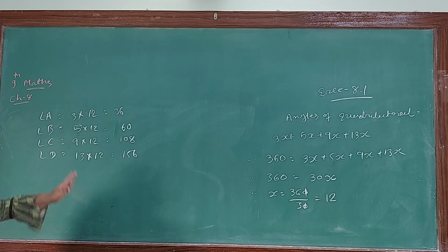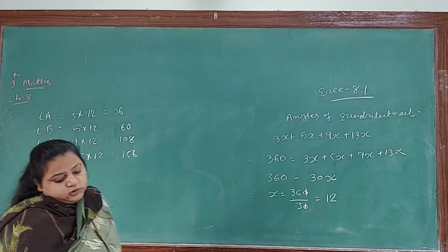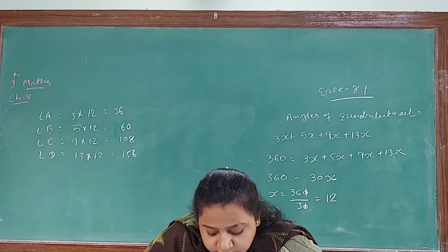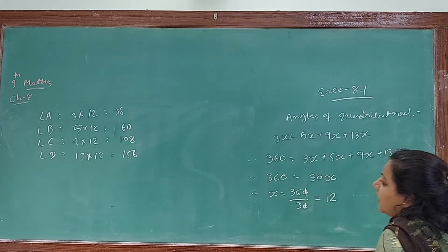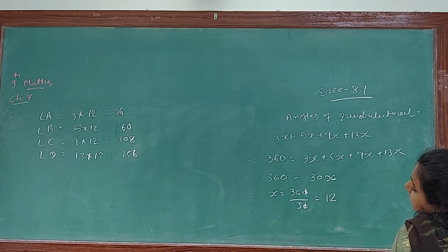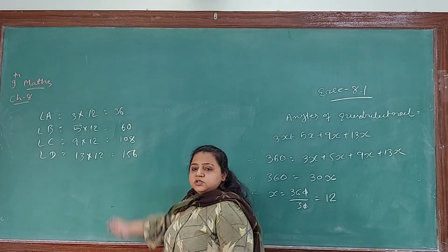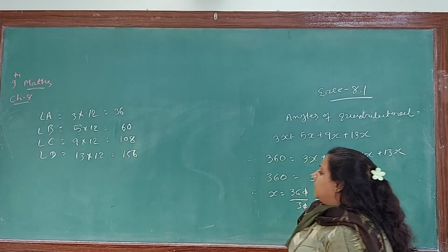Okay. So now angles A, B, C and D we have. The question was only that, na? Find all the angles of the quadrilateral. So these are our angles. If you want to verify, total them. If it is 360, that means the answer is right.